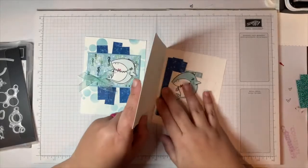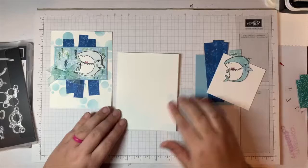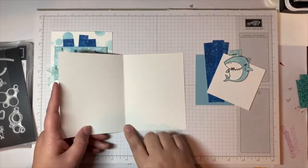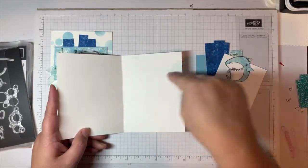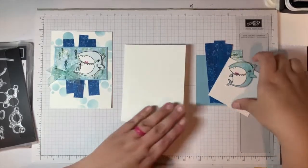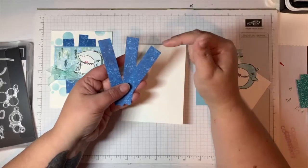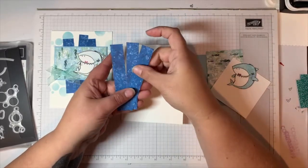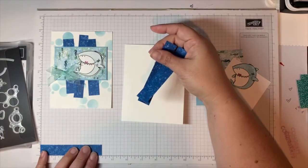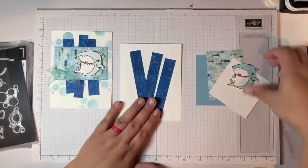So I have my little kit here that has all of the parts and pieces. So we have a standard card base. So here in the United States, that's 4 1/4 by 5 1/2. It's folded in half. So when we cut it, it's 8 1/2 by 5 1/2. Scored at 4 1/4. Fold it and score it. We have 3 pieces from the Whale of a Time paper pack. These are 3/4 of an inch by 4 1/4. I think there are more than 4, but I couldn't remember. And then we have